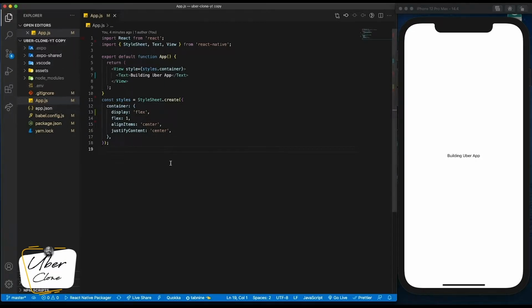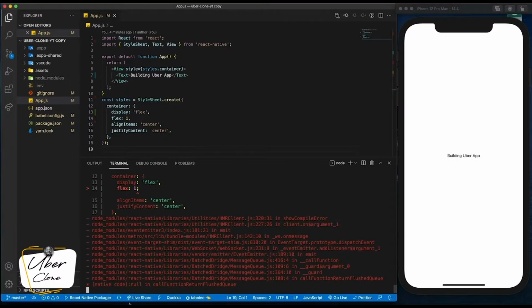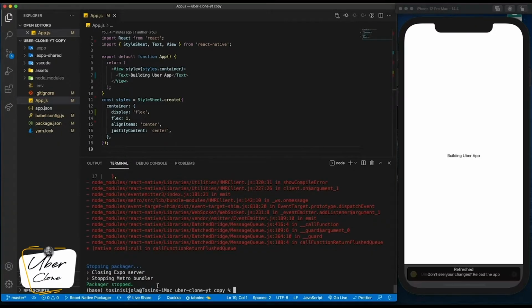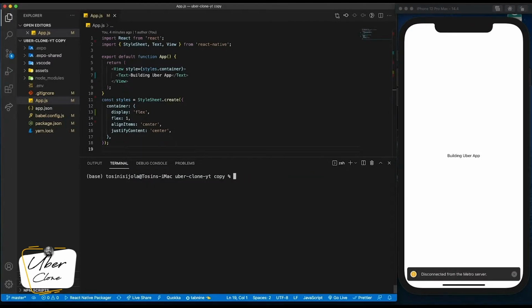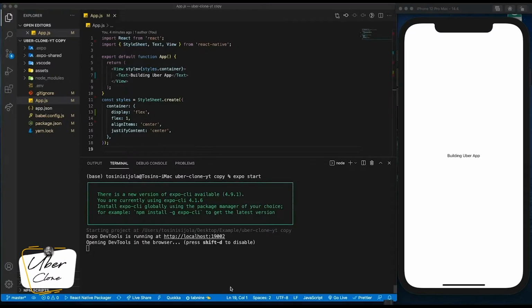When you open your App.js, just go to your terminal, run this, and let me come out of this. I'm already working on this project, so let me just clear. So this is what it's going to have, basic like this, okay? For this page to load like this, you either run expo start, or you run yarn start, or you run npm. It depends on the package manager you're using. For this project, it's expo start you should use, and if you want to use yarn or npm, you're free to do that. So when you click enter,